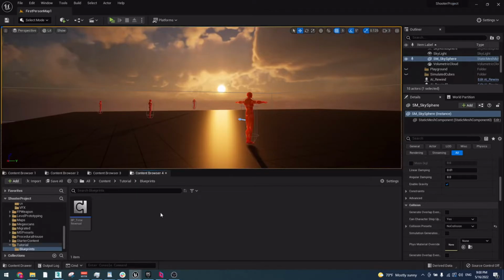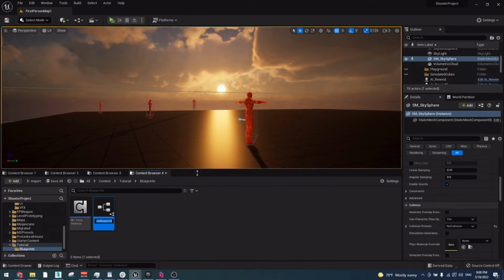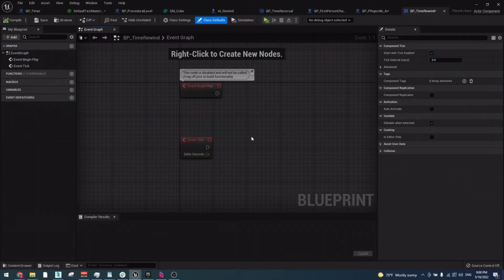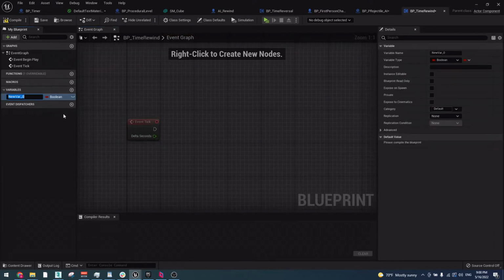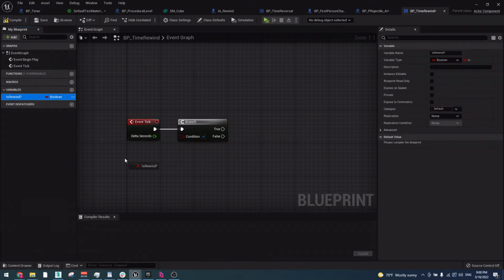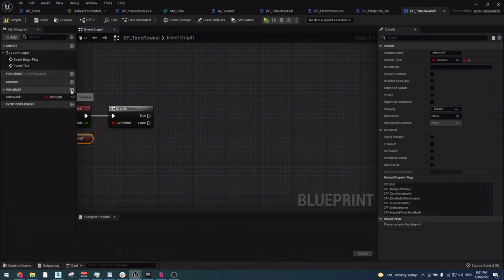So first, let's create our component. Right-click, Blueprint class, and Actor component. Name it Blueprint Time Rewind. And now here in the event tick, this is where we need to store all our variables. First, let's create one and call it isRewinding, and hold B and press left mouse button, connect for branch, and now get the isRewinding variable, check if it's true in the branch, and if it's false, we're going to need